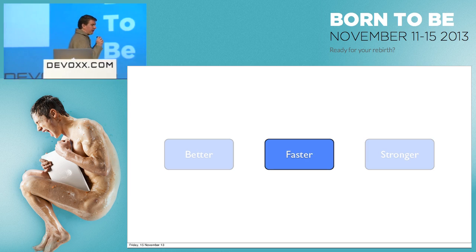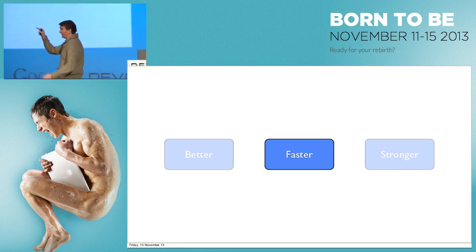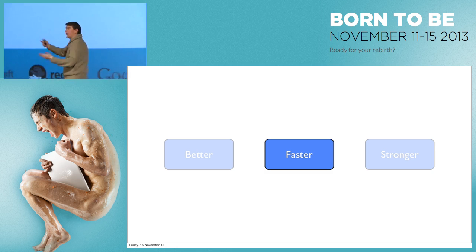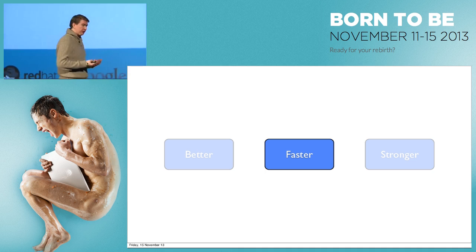I think social sign-in is faster, right? This is one of the reasons for doing it, because I can click and I get a consent dialog and then I'm signed in. I don't have to fill a form, I don't have to make a password up, I don't have to verify my email address. That's valuable. That's what we want to take advantage of, right? It should be simpler for the user and faster.